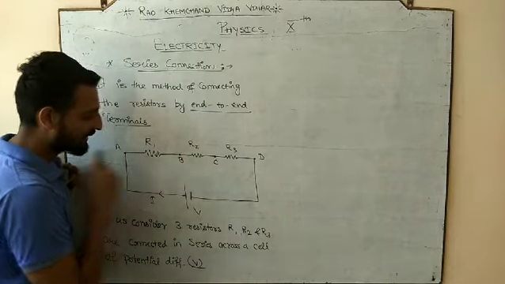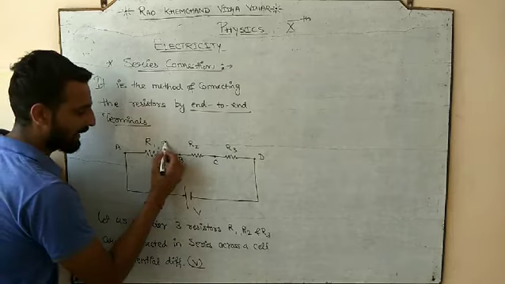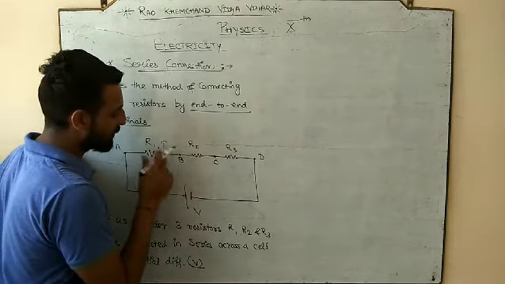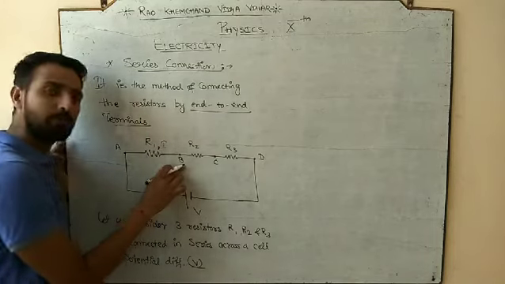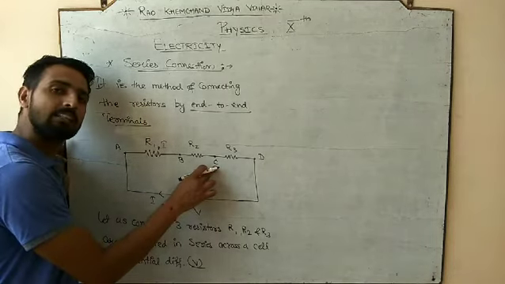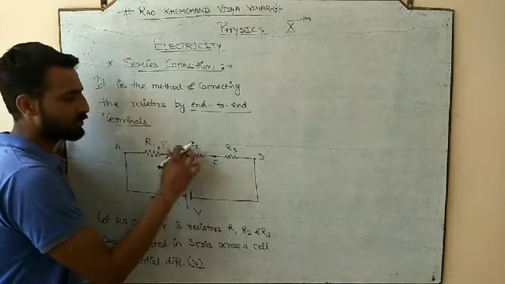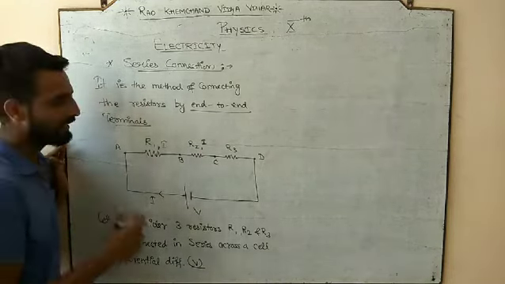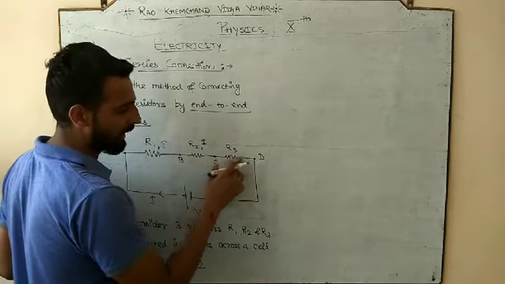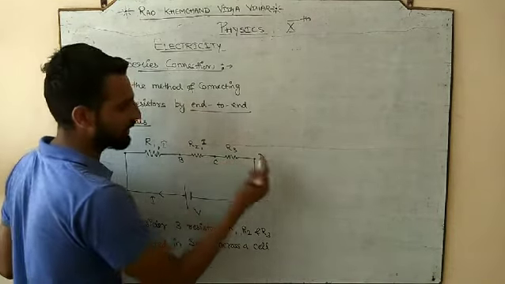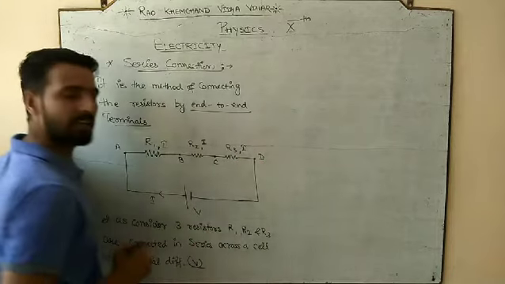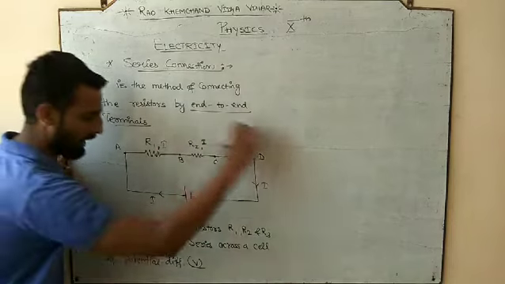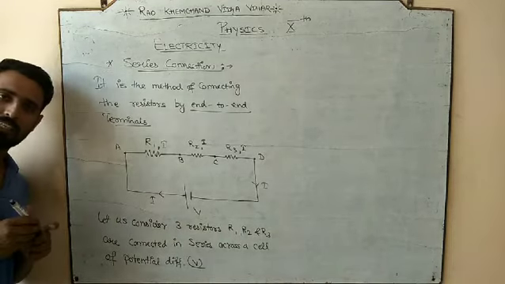This I ampere will pass through R1 and reach B. So how much current passed through R1? I. And it reaches B. Now the same I amount of current which has reached B will pass up to C through R2. So how much current does R2 have? Again I. And this will again pass through R3 up to the D part. And then after D, it will again come to the cell, and your circuit is complete.